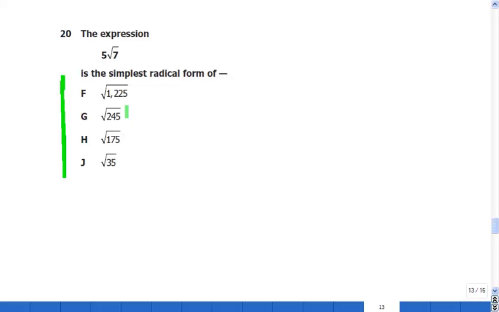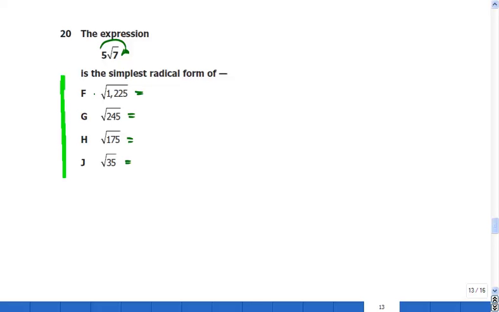How can you solve this problem? All right. Well, there are many ways. One way is to make sure you're putting this 5 back under the square root, and we're going to talk about that. Another way is going back to your possibilities for an answer and seeing which one of them simplified will give you 5 square root 7. Okay,